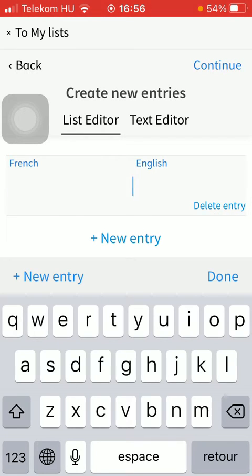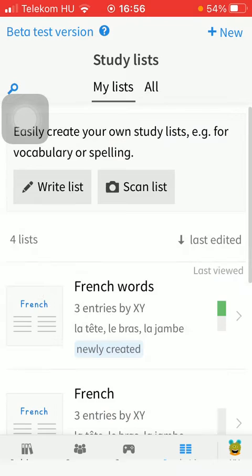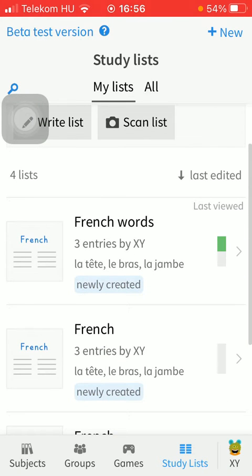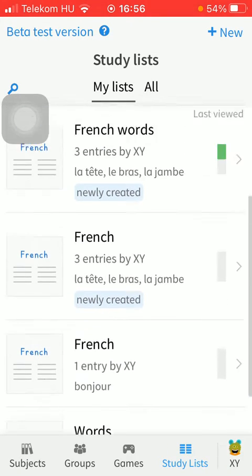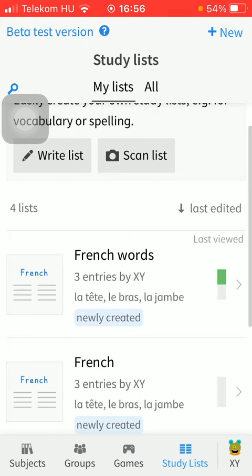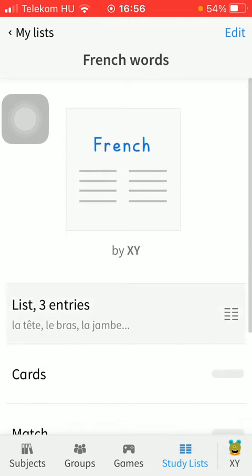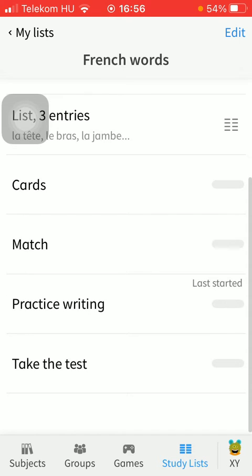If the topic is concerned with languages, or you can also choose an already existing study list that you can view at this page. Tap on the relevant one that you would like to use, scroll down till you find the practice writing option